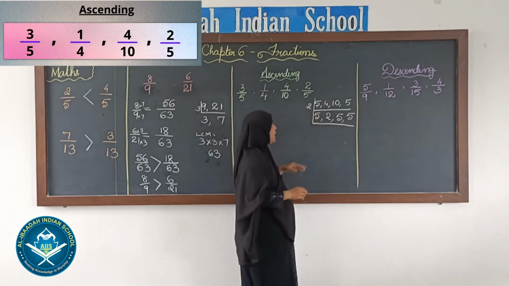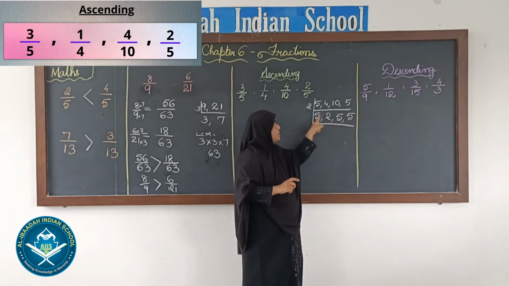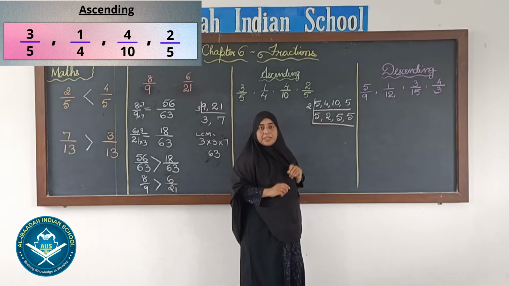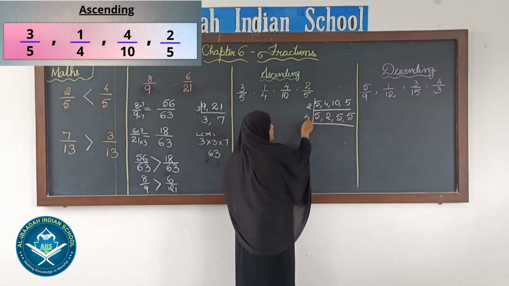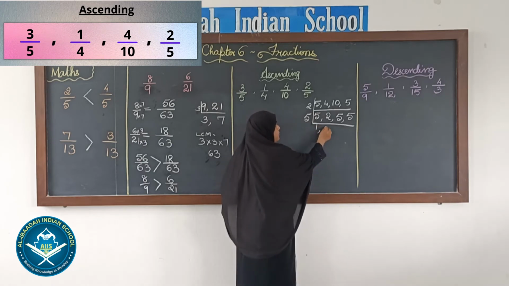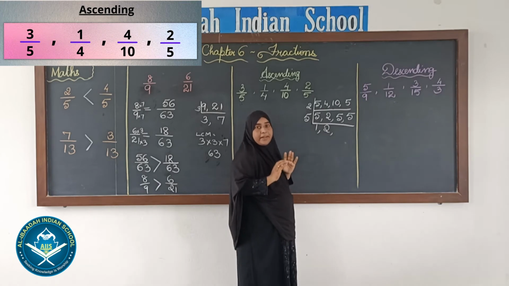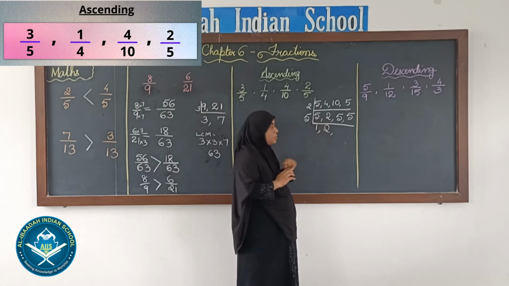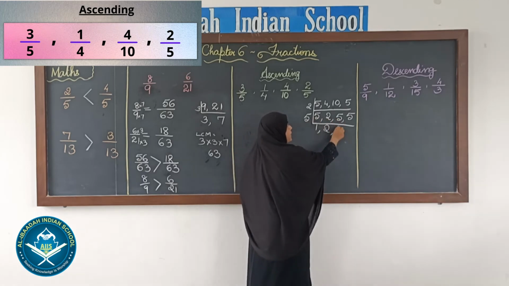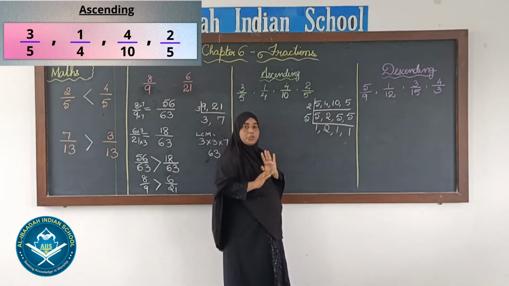Here you can see I have 5, 5, 5. Okay, so that means 5 will divide this number, this and this. 3 numbers 5 will divide. Okay, so we will divide with 5. 5 ones are 5. 2 is not divisible by 5, so I will write it down as it is, because 5 will not divide 2. 2 is smaller than 5. Okay, so we will write 2 as it is down. Again 5 divided by 5 is 1 and 5 divided by 5 is 1. Now you can see we are left with only 2.